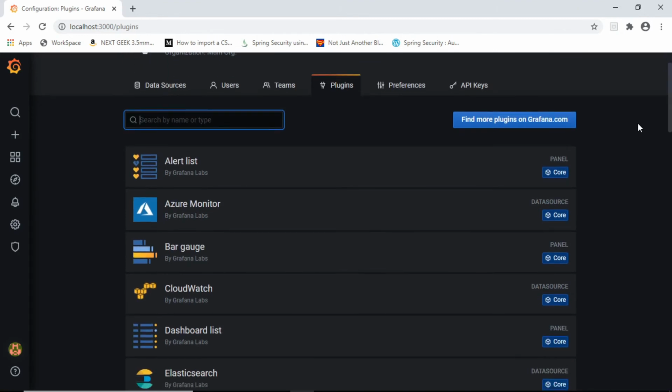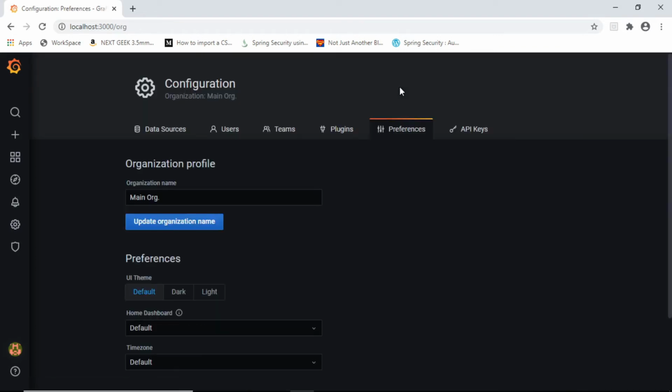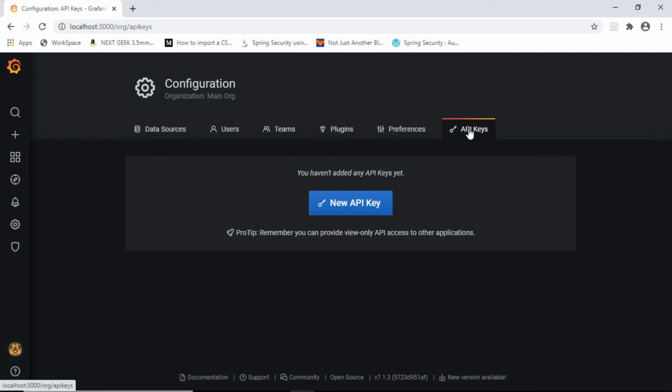But from this particular window, you can connect with the plugins and pull them into your Grafana configuration. And then there are preferences, which is typically the organization profile preferences, and there is the API key. API key is basically used for authentication purposes. It is also called the authentication API, where you can create an API token and that can be used as an API key. That will come under the security section of Grafana. So that's all about configuration settings.